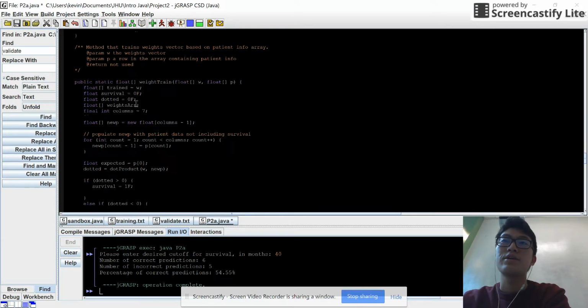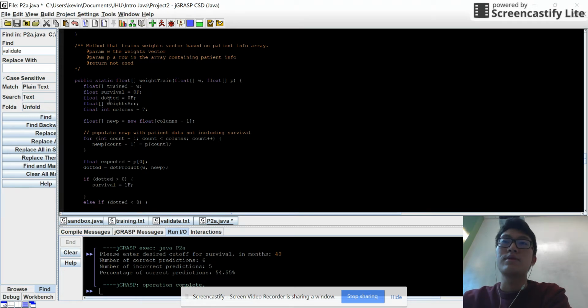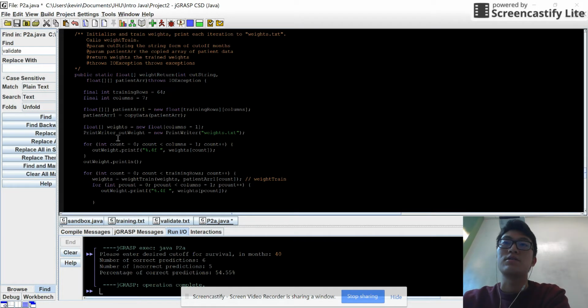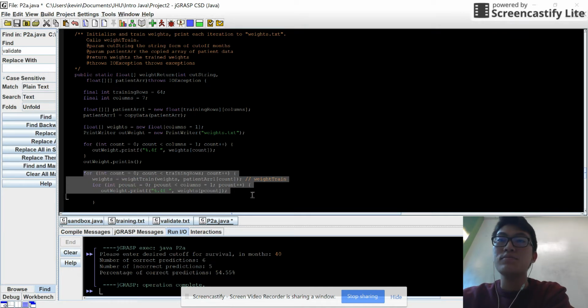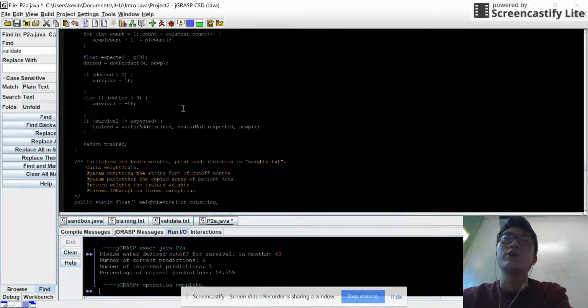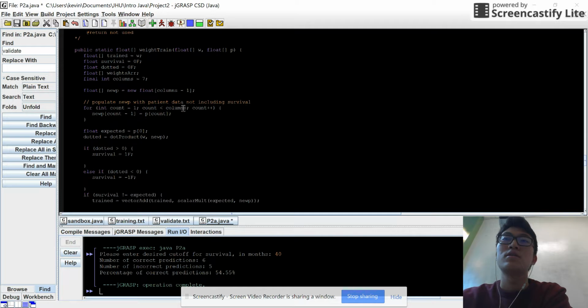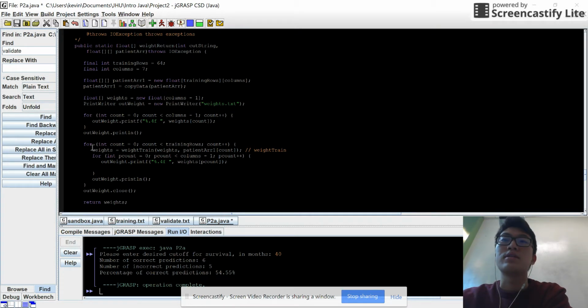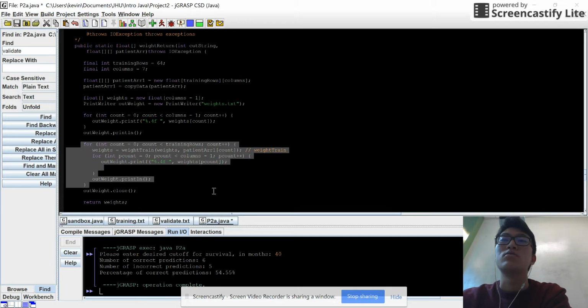So here's my weight training. So this method itself only trains the weights vector. The initialization actually occurs here. So here, float weights, new float columns -1. And then that calls weight train here. And the weight train is essentially just, it calls weight train, and then this is where I just follow what was given to us